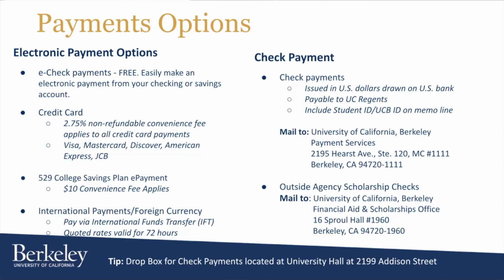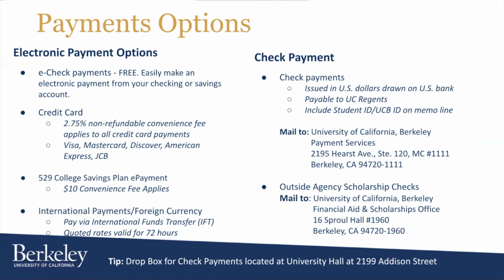You can also make payments by paper check. Please note that the payments need to be issued in US dollars and drawn on a US bank account. Check payments need to be payable to UC Regents, and please include the student ID number or UCB ID number in the memo line of the check so we know which student to apply the payment towards. Check payments need to be mailed to the following address: 2195 Hearst Avenue, Suite 120, mail code 1111, Berkeley, California,